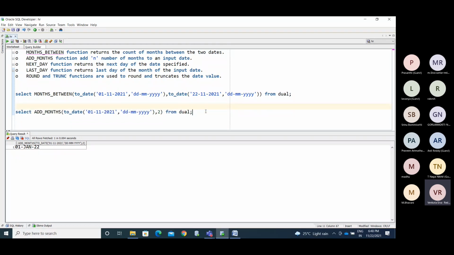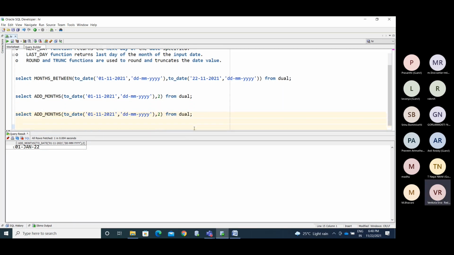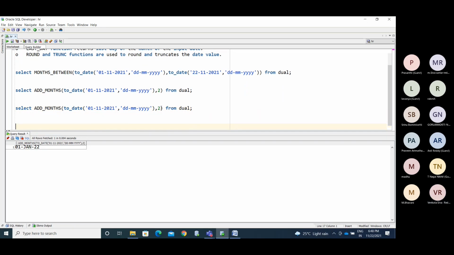Now, usually how will you do it if you don't have that function? If you don't have that function, how will you add it? See, this is your November 1st date.